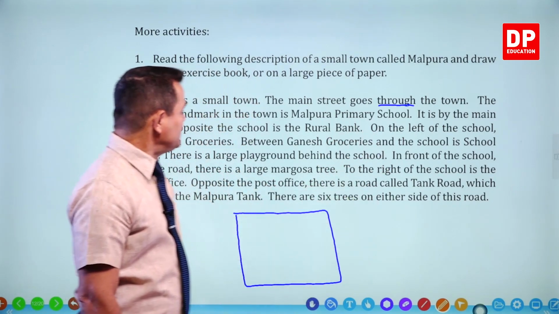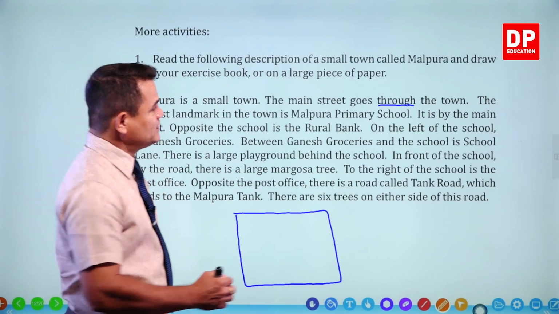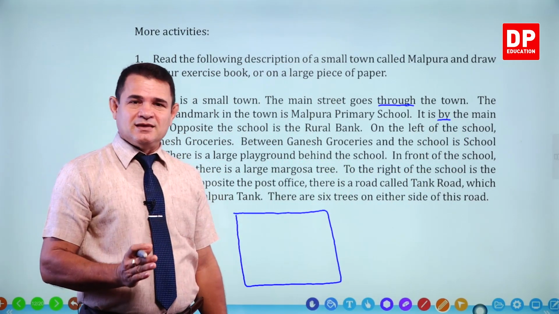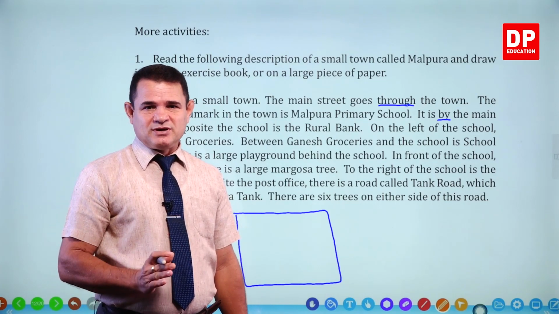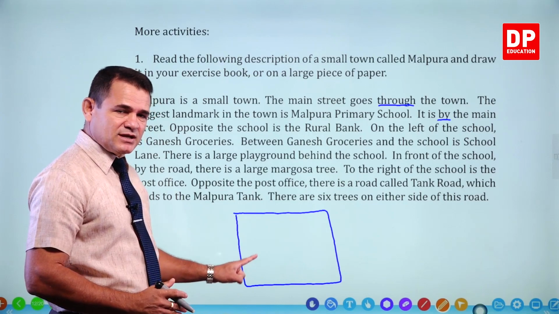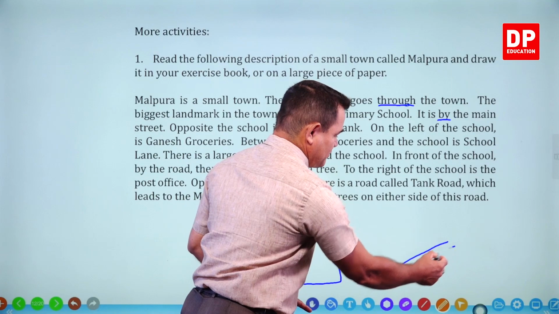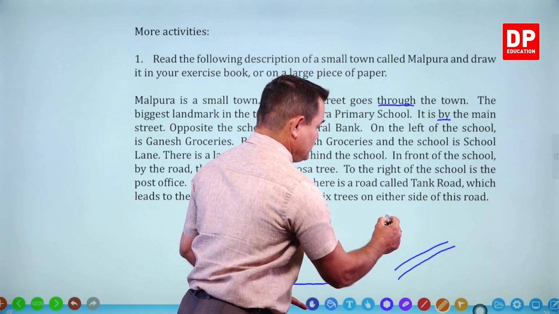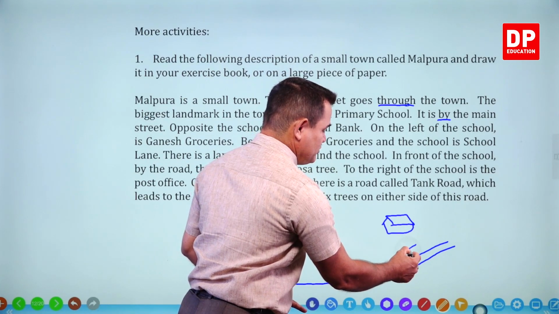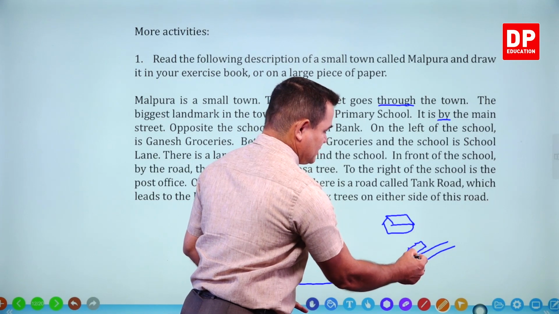It is by the main street. We learned this preposition. By. By means near. Near the main street. Main street එක ළඟ. එහෙනම් ඔයා main street එක ඇඳ main street එක. Now if you draw the main street මෙහෙම ලිව්වනම් ඈතින් එහෙම ඉස්කෝලේ ලිව්වොත් වැරදි. So it is by means it should be close. පාරට කිට්ටුව අඳින්න වෙන්නේ. Right?